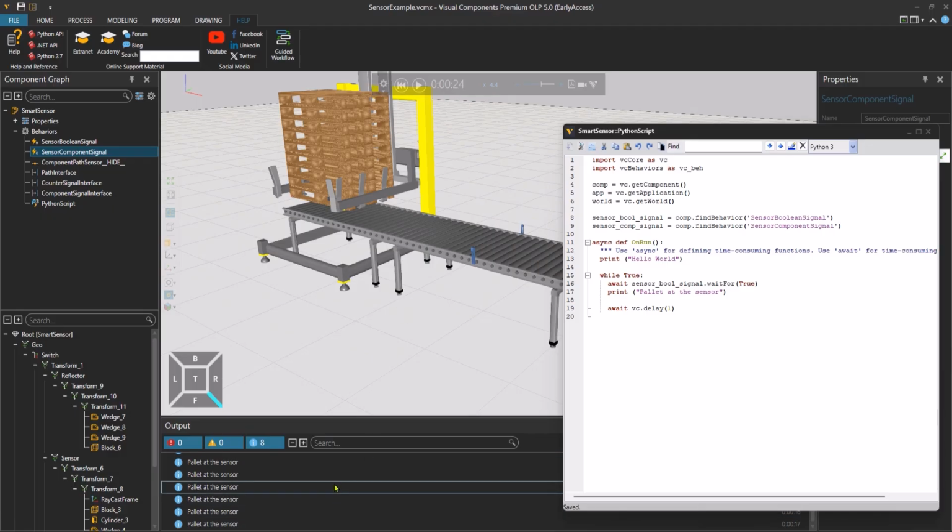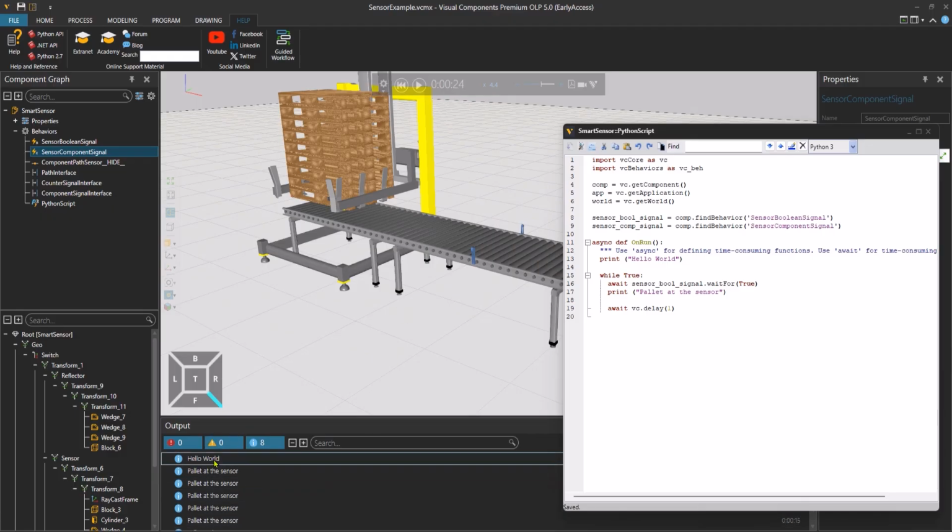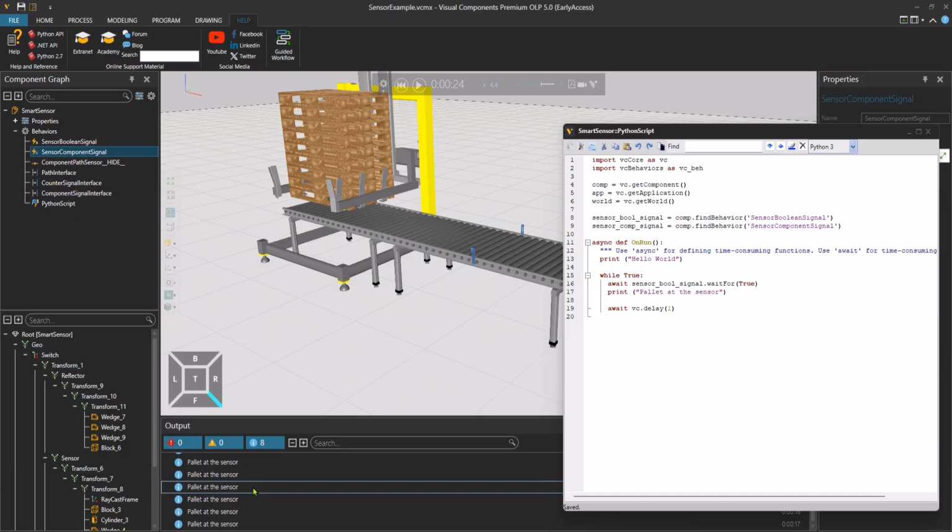Interesting. So to the output we got hello world and then we got the pallet at the sensor multiple times. What this means is that we got one pallet in, but still the while True loop went through multiple times, as we can see from the prints in the output panel.